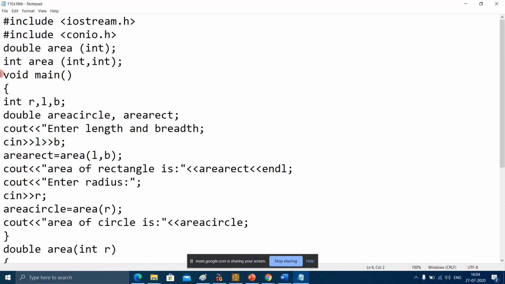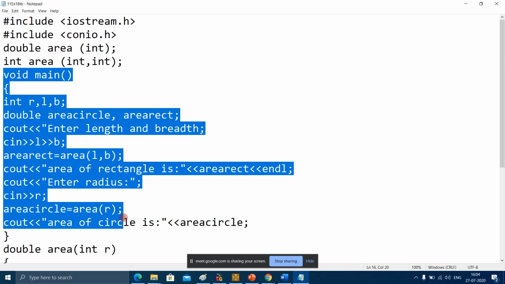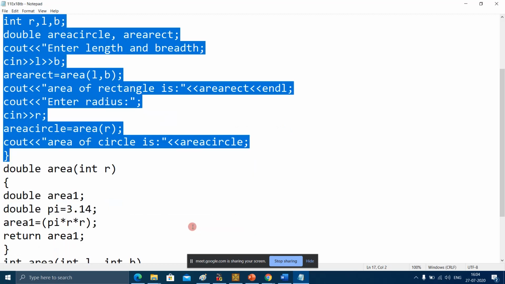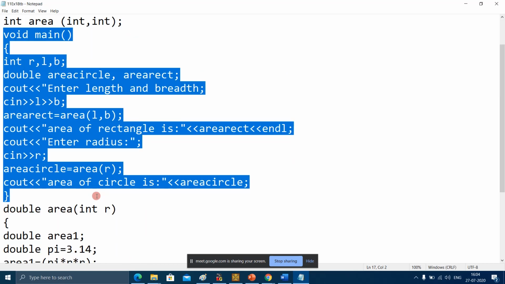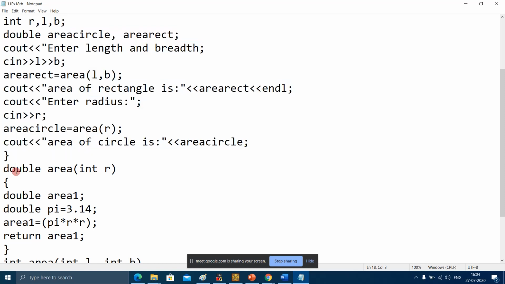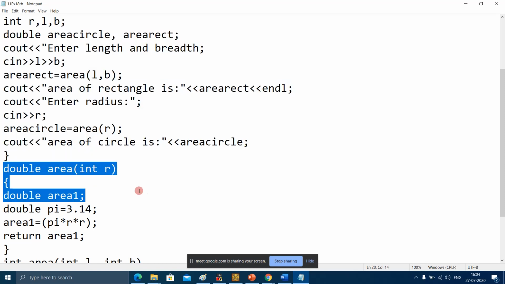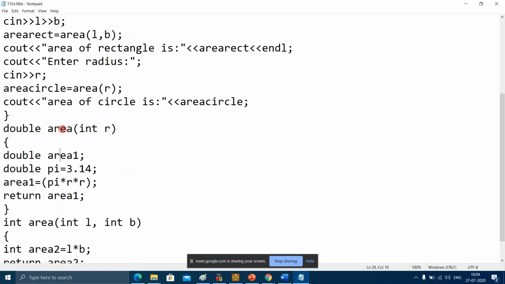This is the main function. I told you execution of the program always starts from the main function. It doesn't matter what you have written before and after the main function; execution always starts from the main function. Then we'll see what is written in this function. Here we have declared a function area.